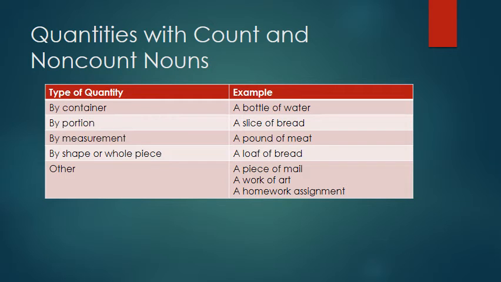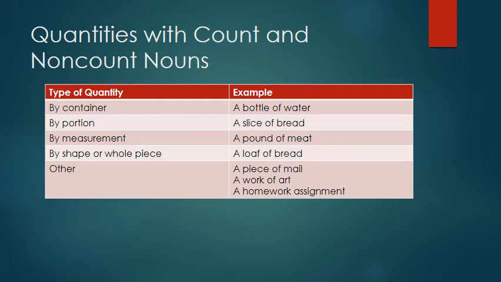So if we do want to count them, we have to use special words. And these words are called quantity words. Okay? So we can't put a number in front of a non-count noun, but we can put a quantity word. So we have 5 different types of quantities here. We can do it by container, by portion, by measurement, by shape or whole piece, or there's